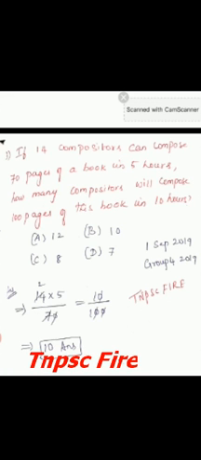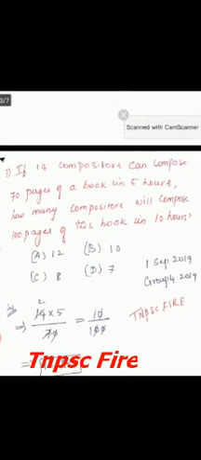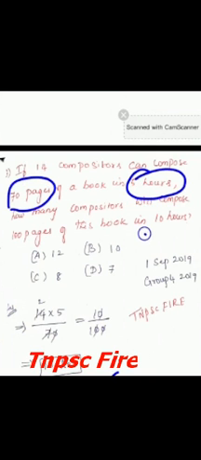Now we are going to solve this problem using our tricks. I told you that the trick is MDT. Here is the men, that is 14 compositors, into the time. This is the output. I told you, input divided by output. So here the output is 70 pages: 14 compositors can compose the 70 pages. This is the time.